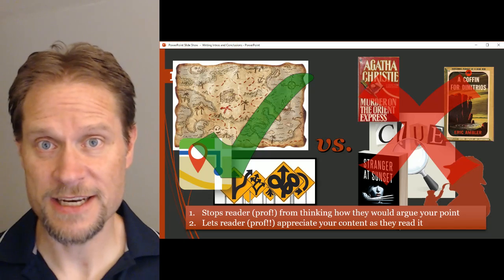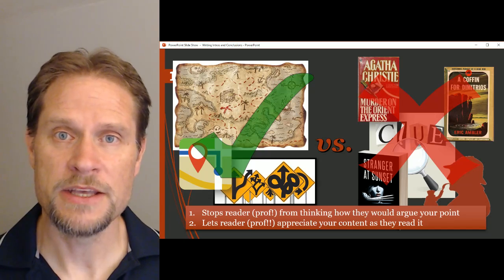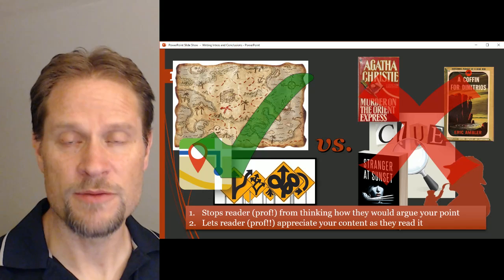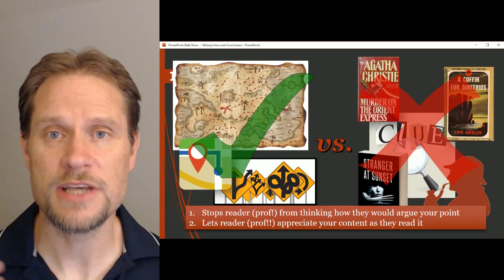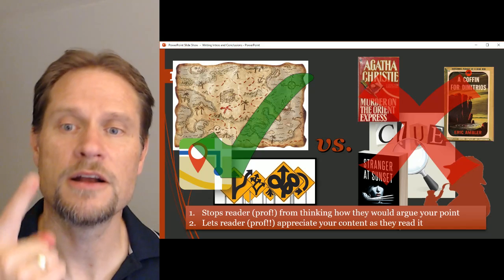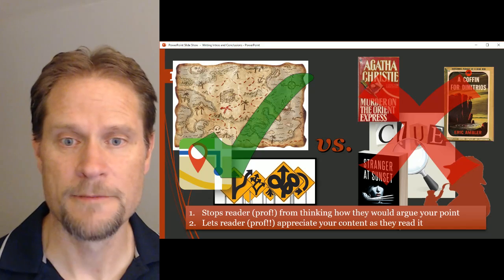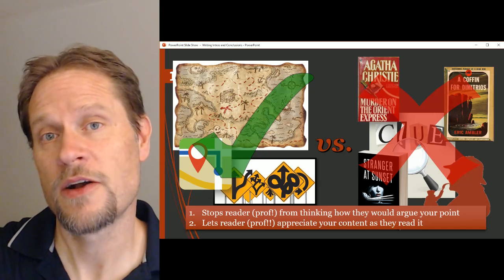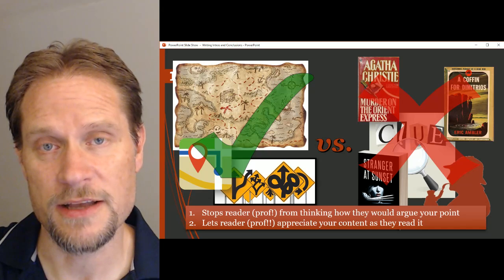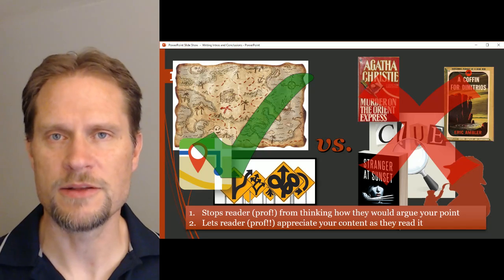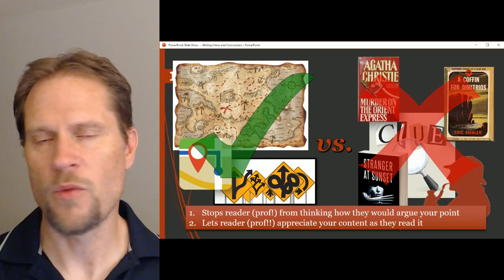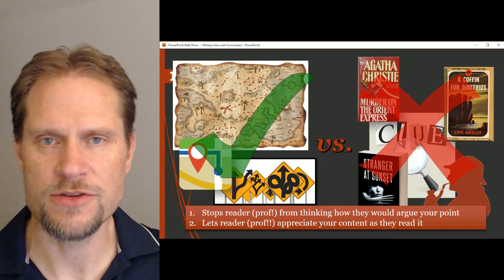The second side effect of that is that it's going to get your prof thinking different things. If you tell them ahead of time, we're going here and we're taking this route to it, then the prof, who's gone over this territory a ton of times, not only are they going to worry less about what it is that you're doing in the territory,